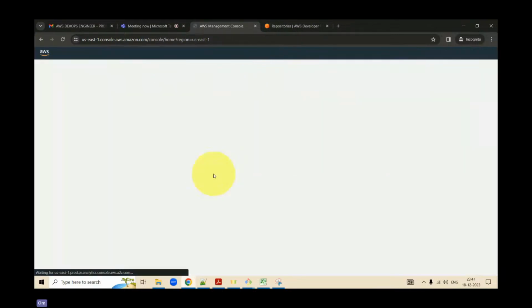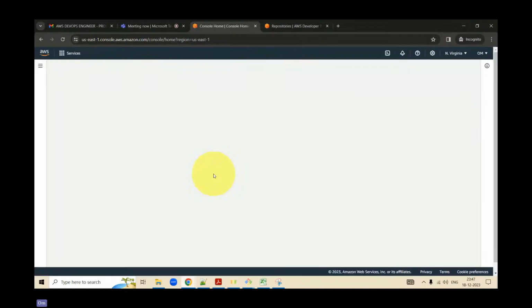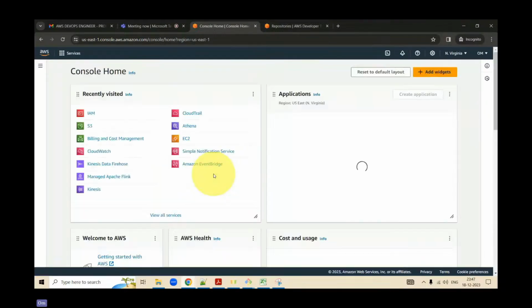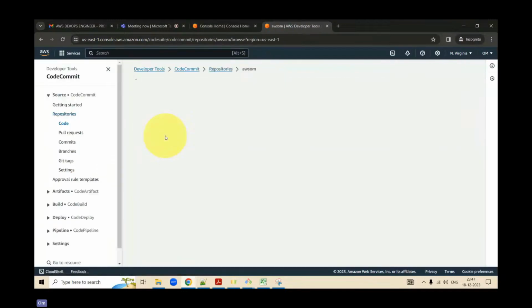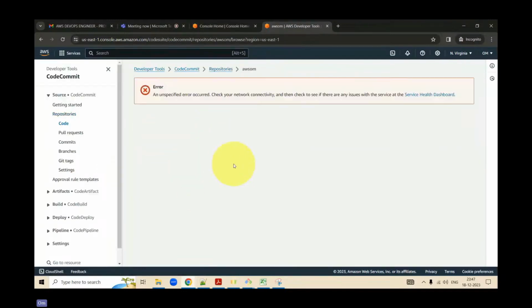Now, what a developer does is, once the developer is already connected to AWS console using a CLI, he creates a repository by the name of awesome. Once he creates a repository, I don't know why this is working. Access denied, permission denied.